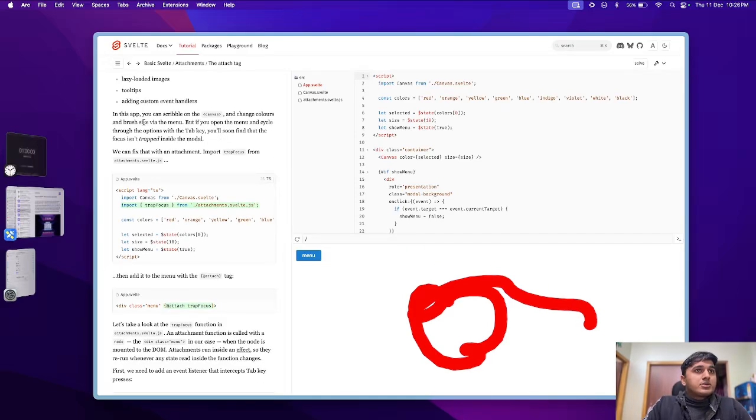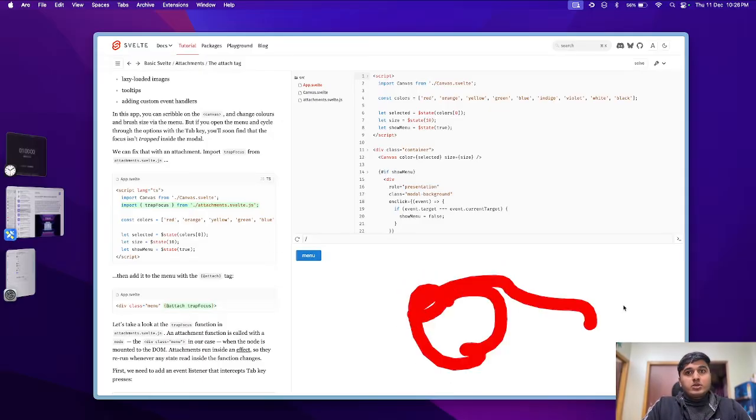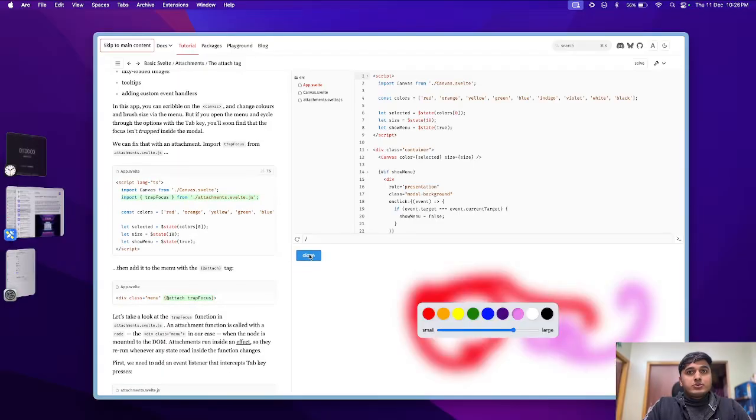We can change colors and brush sizes via the menu, and we can again scribble, right? But if you open the menu and cycle through the options with the tab key, you'll soon find that the focus isn't trapped inside the modal. So if you do this,